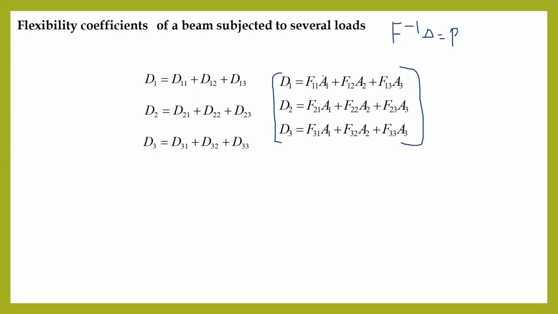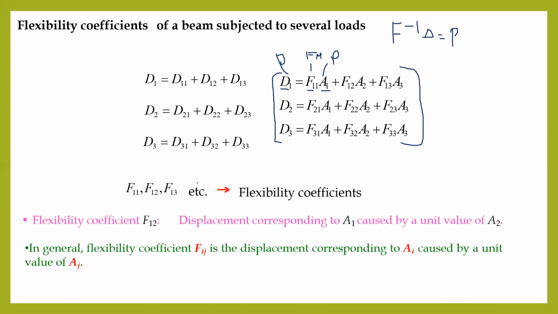So now that's what you can see here. Actions are forces, F is the flexibility matrix, and D corresponds to deflection due to externally applied load. So any equation can be represented as deformation is equal to flexibility into load. Load is just nothing but action. That's what you can see here. These are all flexibility coefficients, and for the flexibility coefficient Fij, an example was represented here. Fij corresponds to deformation at I due to unit load at J. That's what we need to understand.